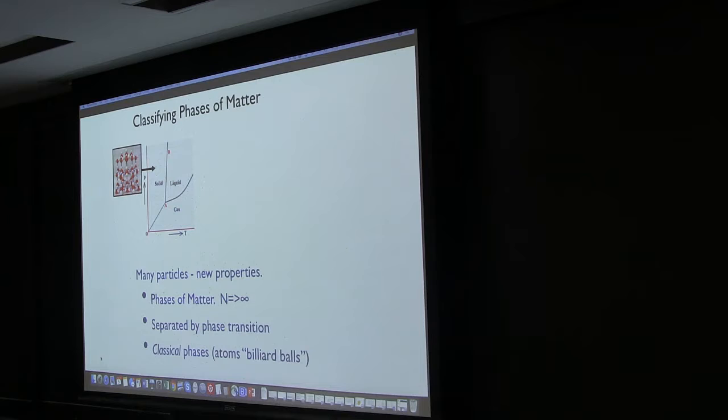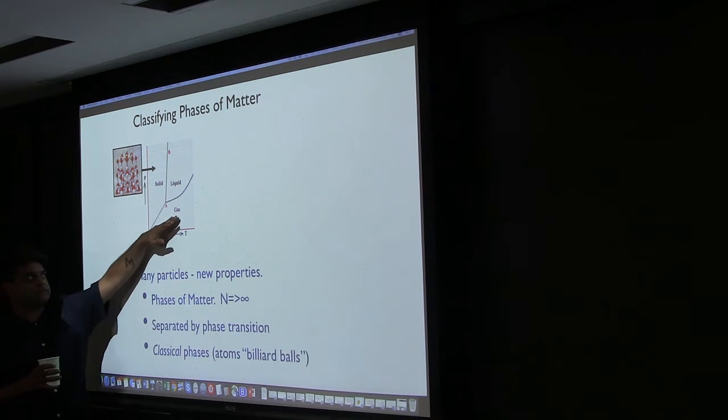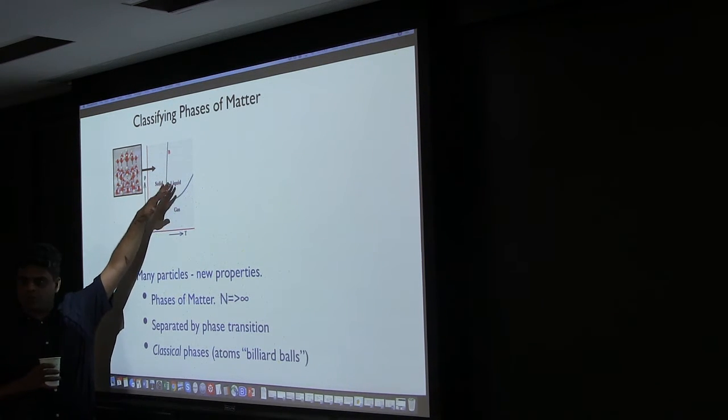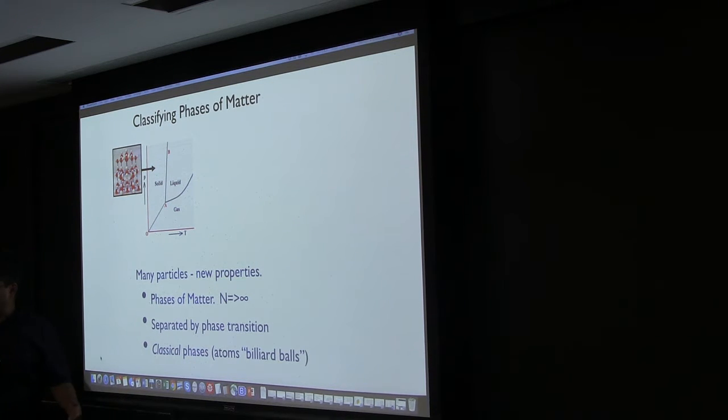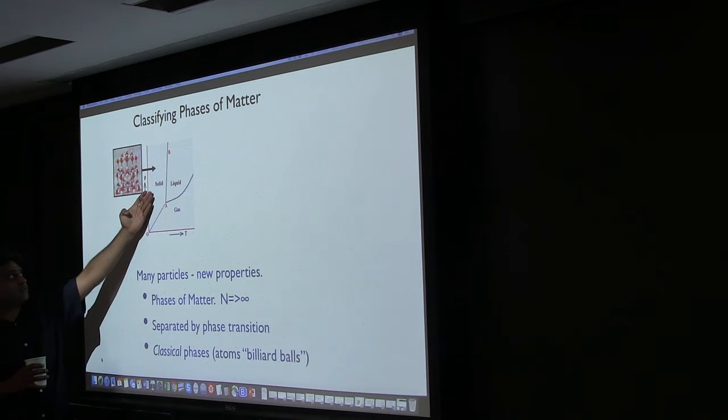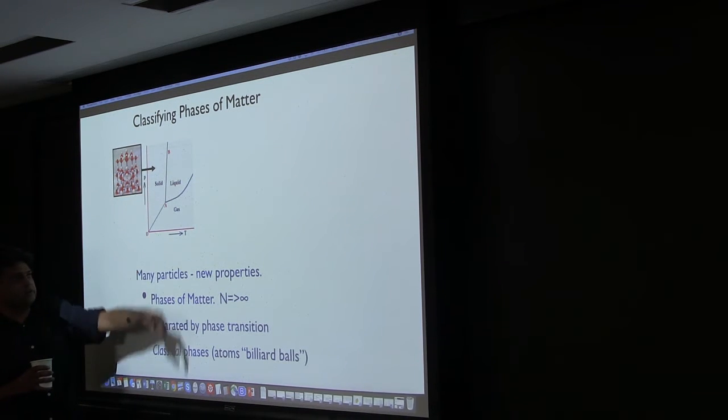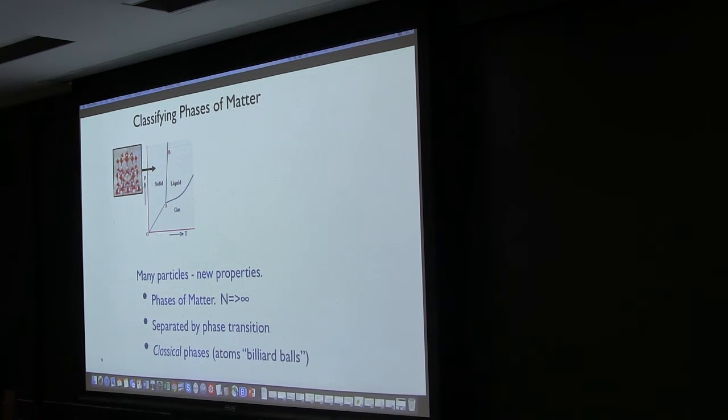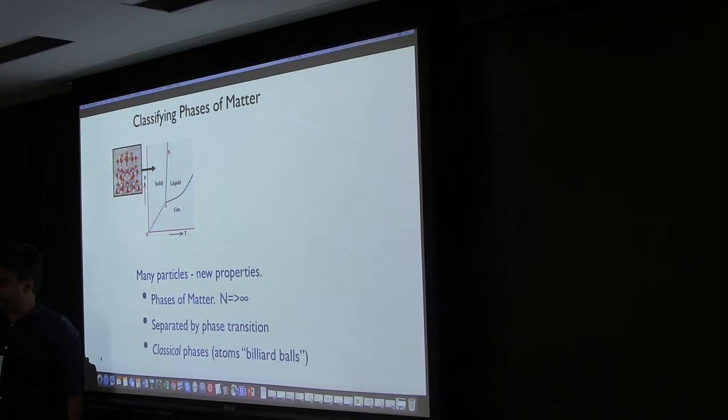If you define a phase of matter as something completely enclosed by these phase transitions, a very obvious question to ask is, what are the different phases of matter present? Before you list the detailed properties of the gas, maybe you just want to know what qualitatively different behaviors can be exhibited. A solid, of course, has some qualitatively different features from a liquid. You can apply a shear stress, for example, and it will resist that, unlike a liquid. So that's the zeroth order program, and that's a lot of what we'll do in the course.